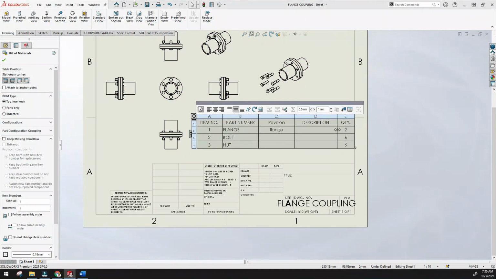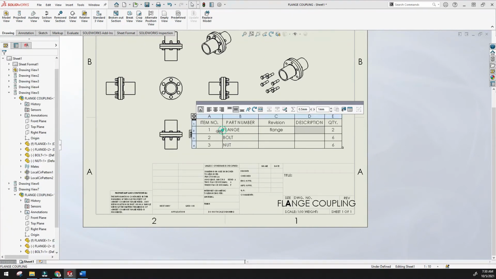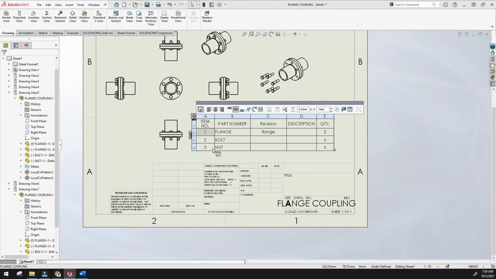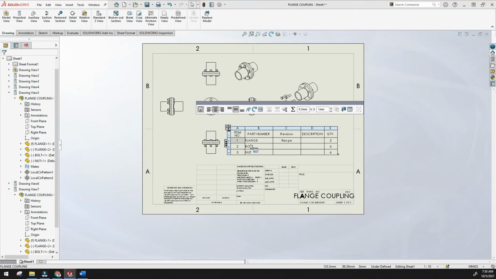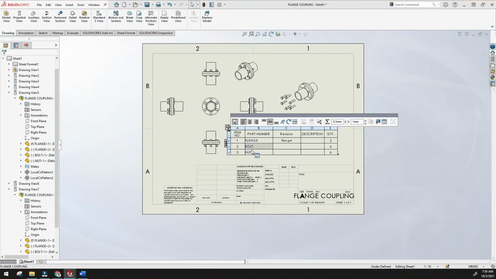I want to make a small one first, yes. Once you click the flange like one, you will have the options. Bolt, nut, this is the quantity.